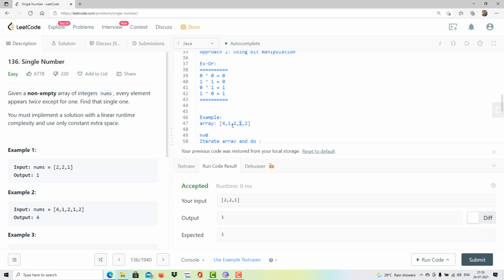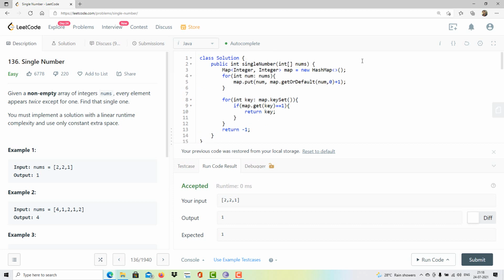When I do XOR of any two same numbers, it gives me the output 0. So this XOR with this one, both 1, will give me output 0. This 2 and this 2 XOR will give me output 0, and 4 XOR with 0 always gives me the given number, that is 4. Okay, it's a very simple algorithm,